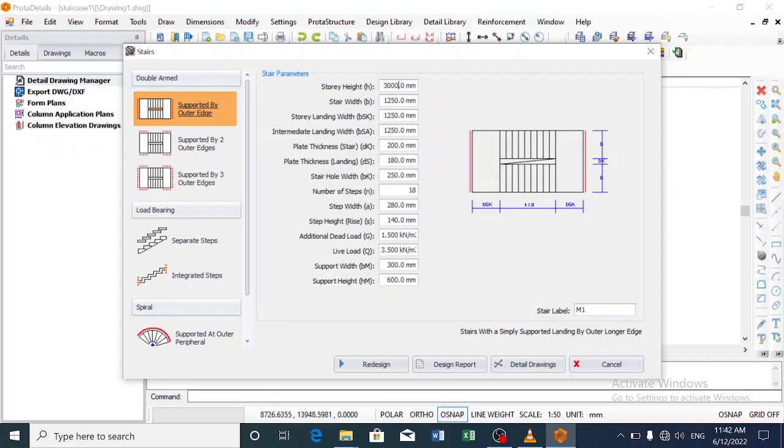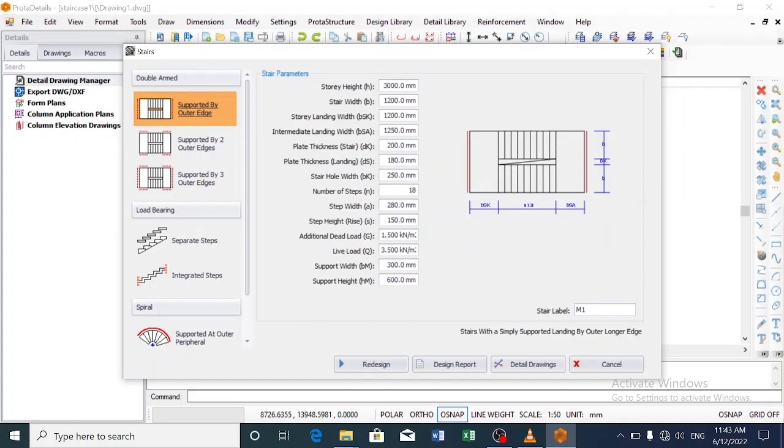So I would want to reduce it. Let's assume that from the drawing I'm working on, I was given 1200 millimeter. And remember, this is also a width and this is also a width. The stair width from here to here, that's one width, and then from here to here is another width. The story landing width is given as BSK. I can also say I want my story landing width to be